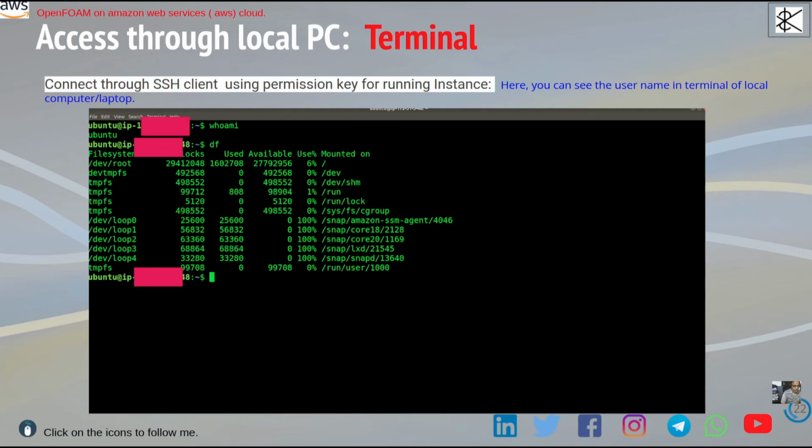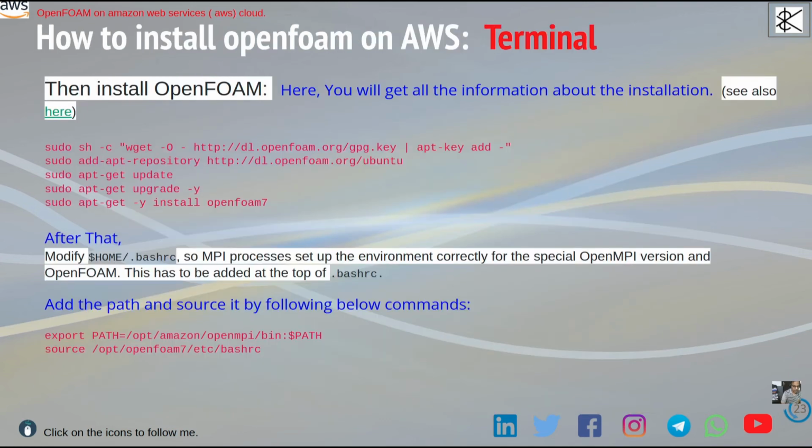Now next question. Suppose I want to install something. These are some steps. You can go to whatever you want to install, and my motto is to demonstrate OpenFOAM here. So I will go to the OpenFOAM site and follow whatever instructions are given there.